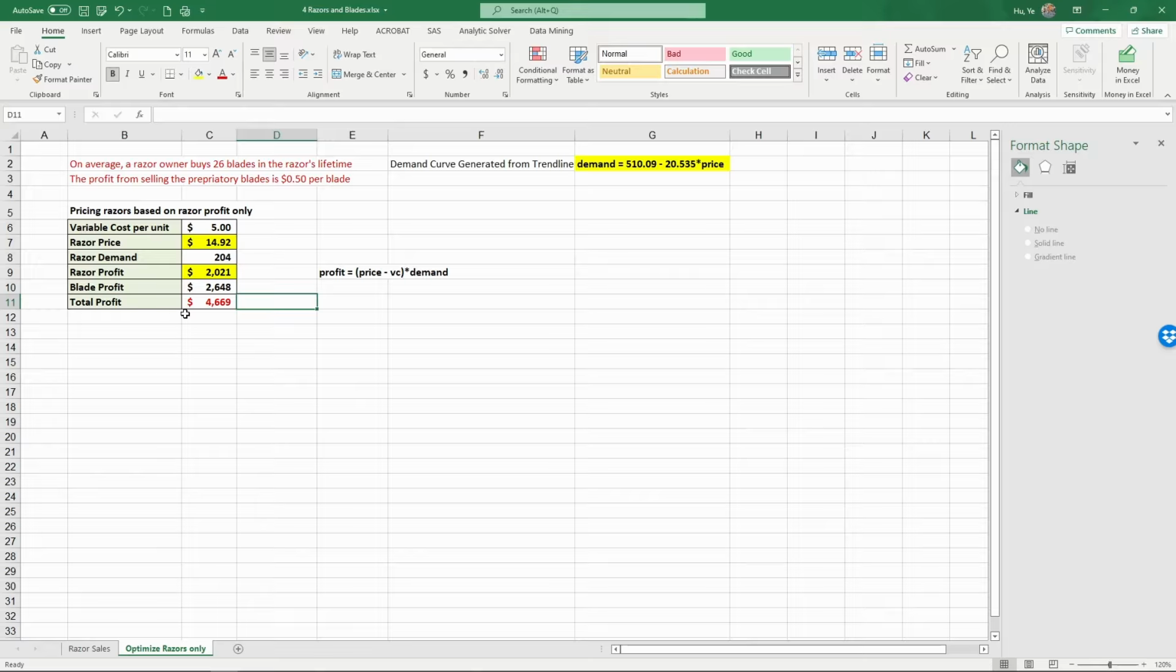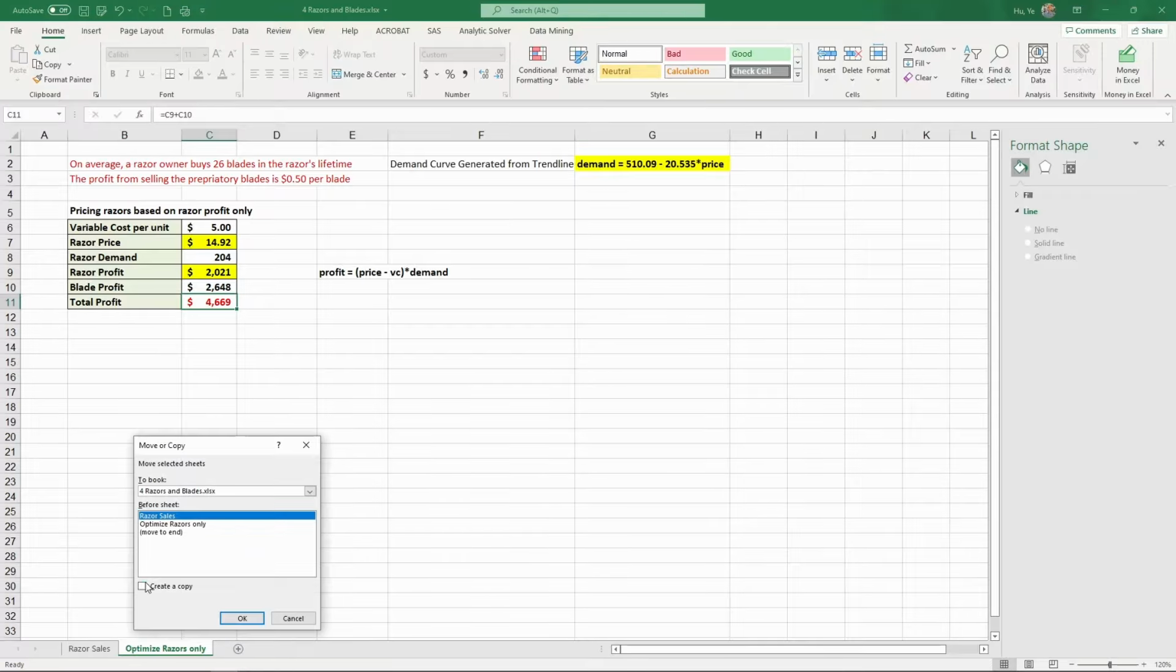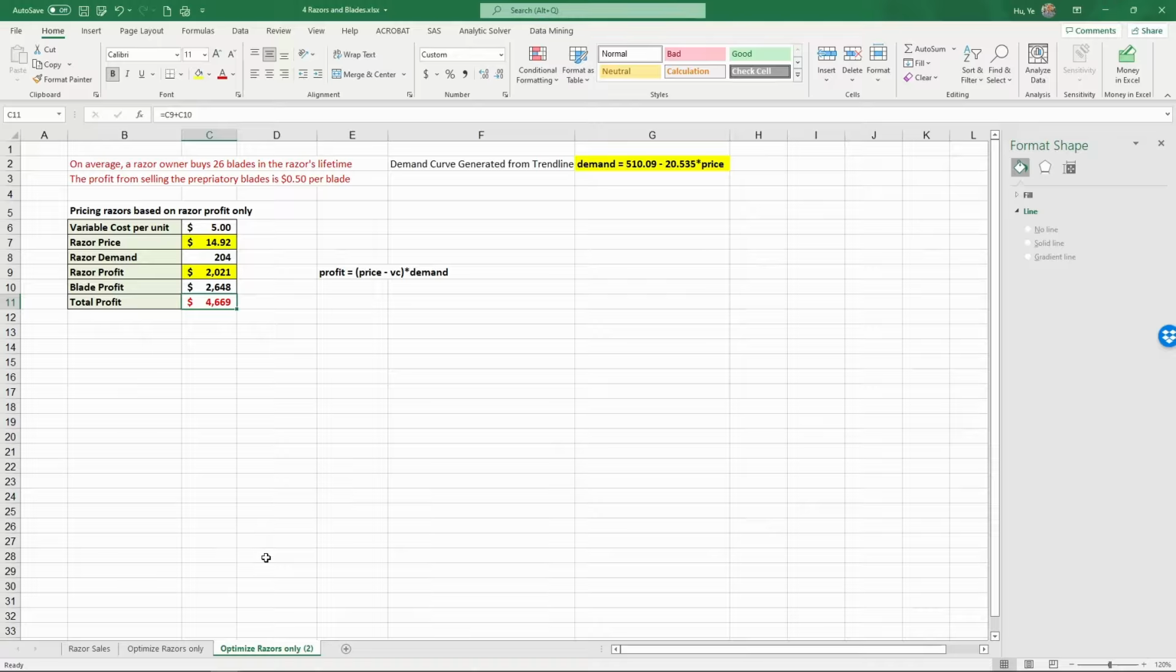So now we have set the price based on razor profit maximization alone. What if we try to maximize the total profit? What happens? So next, let's do that. So in order to do that, I'm going to make a copy of the sheet that we have already done by right-click here and left-click on Move or Copy and check Create a Copy, and then move to End. So click OK. Now I'm going to create a duplicate sheet,